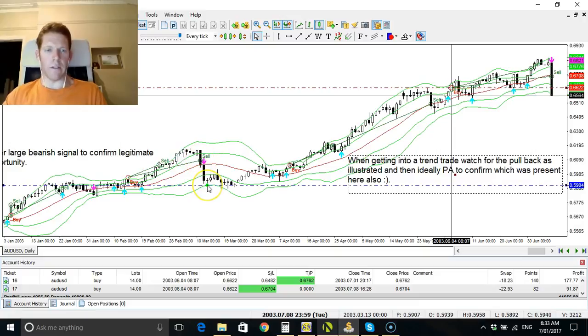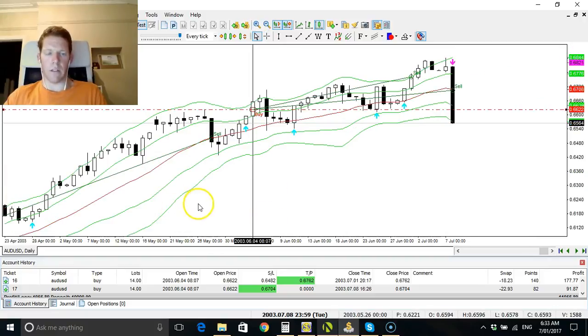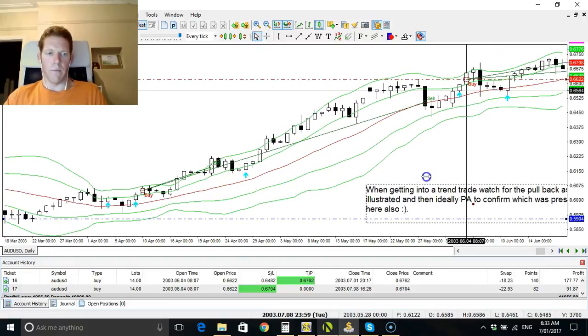I didn't get into this because I'd like to see a little bit more downward pressure to confirm a swing, a genuine reversal. So I let it play out. It comes back, goes down a little bit more. We'll zoom in here. So this is what I'm talking about, price action confirmation as well. All right, so we've got here, this is pierced, rejected that with that candle, gone up, signal, I played it